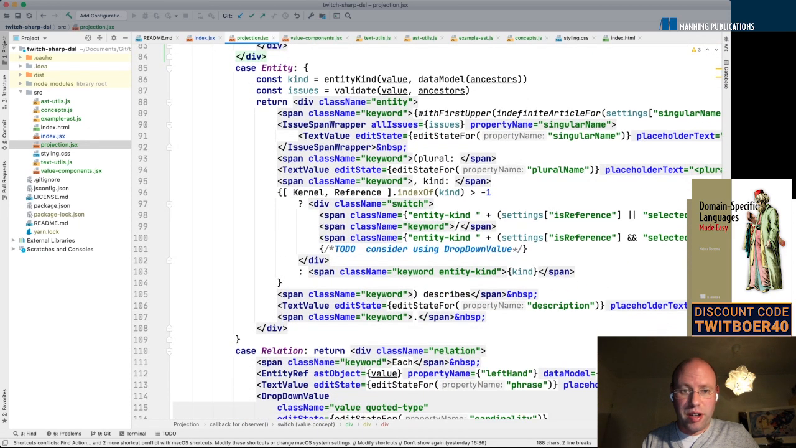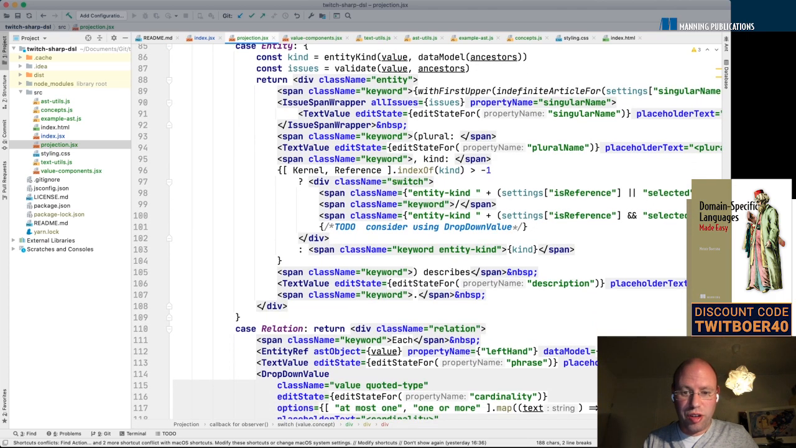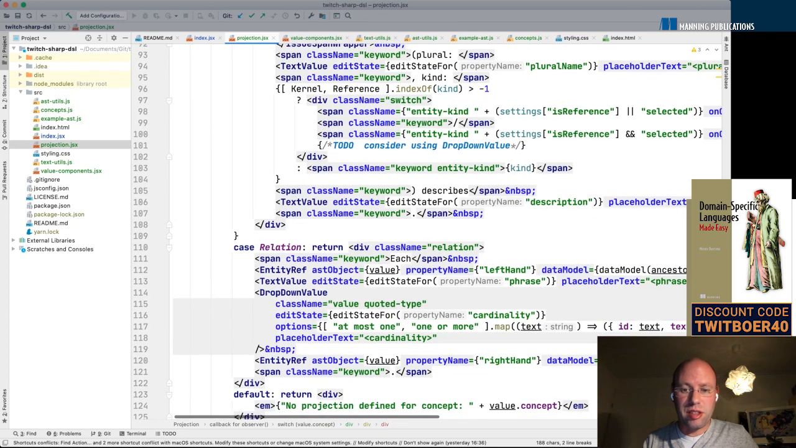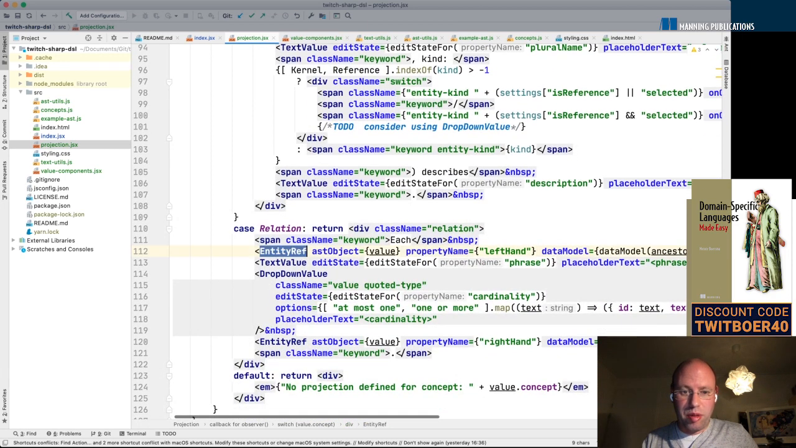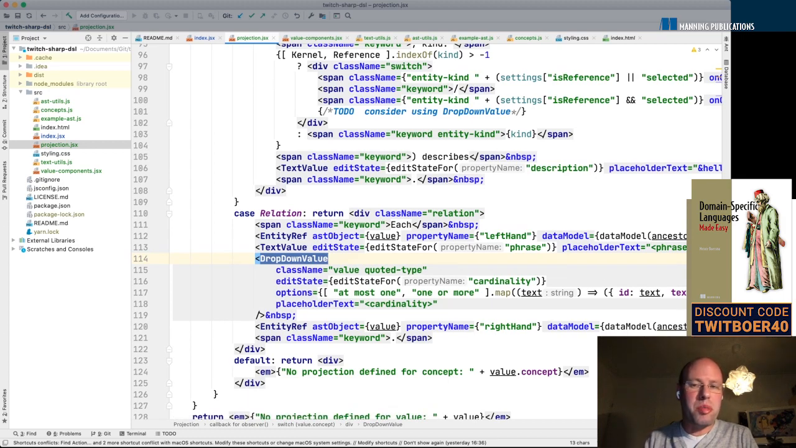But for example, more stuff was added here in the relation to be able to reference an entity. So this is a separate component which takes care of rendering the entity references. And it will also use a text value component, and it will also use a drop-down value component, so we can actually make drop-downs. So this is basically good old-fashioned web development React stuff,